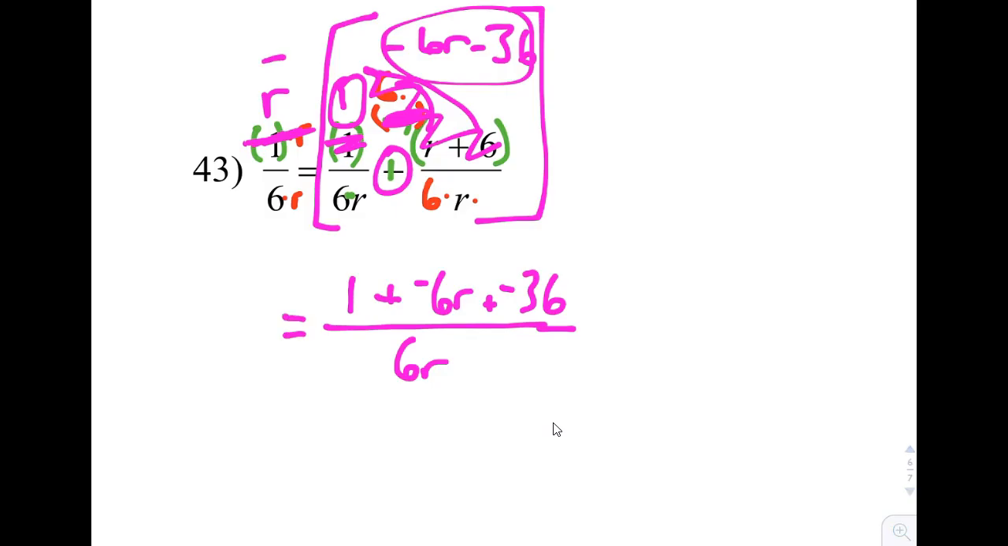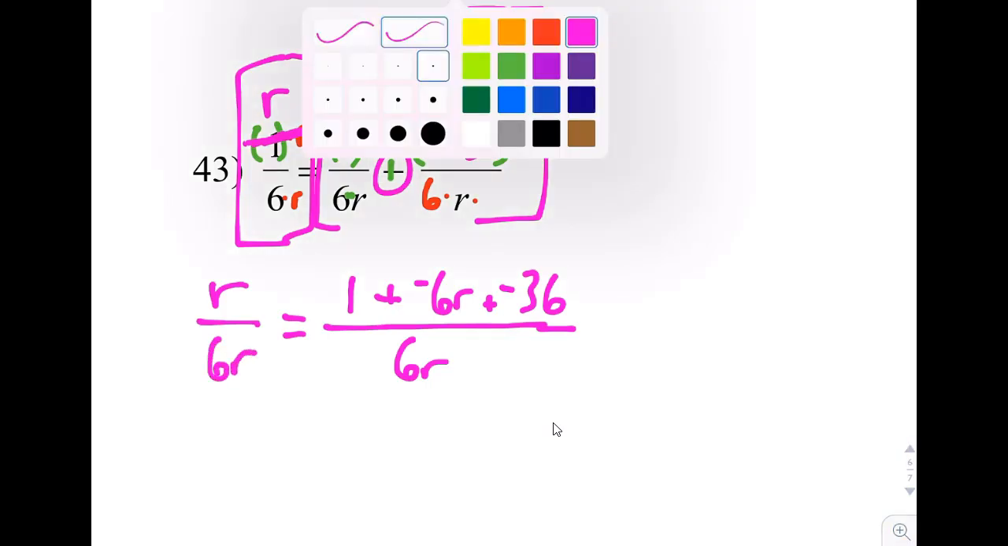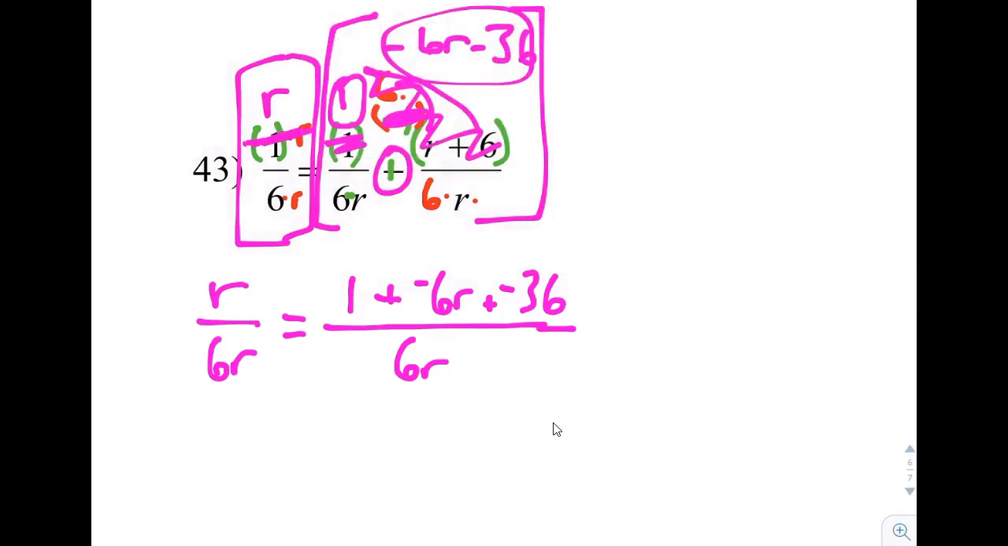On the other side of the equal sign over here, you will see that we have r over 6r. Much simpler over there. Finally, we have one fraction on each side all combined together. And so now, even though I didn't clean up my like terms, you could do that now if you wanted, but